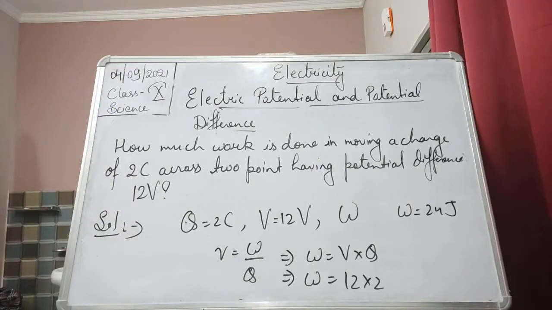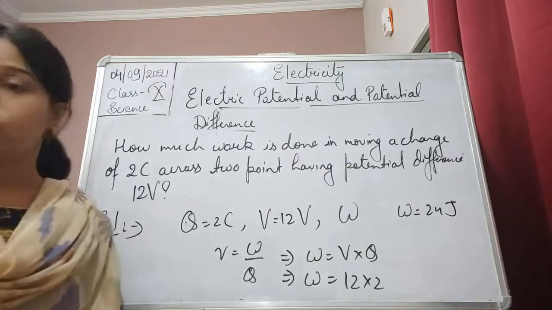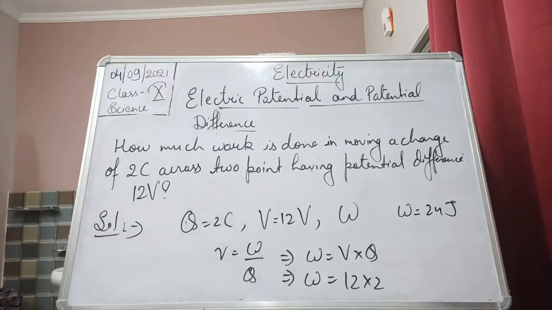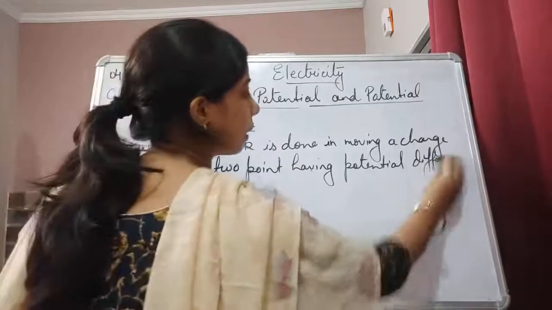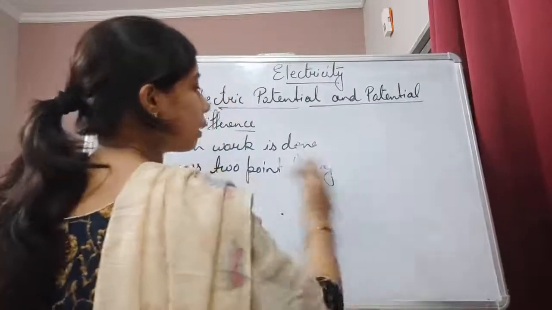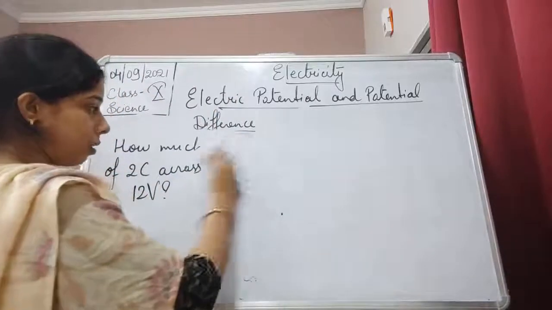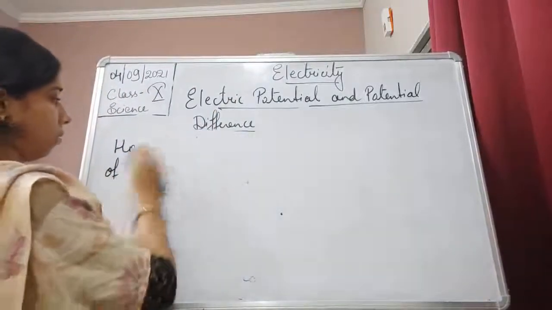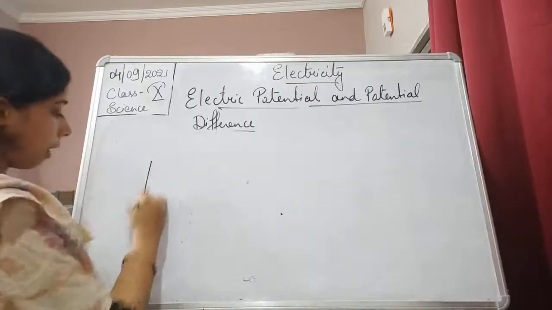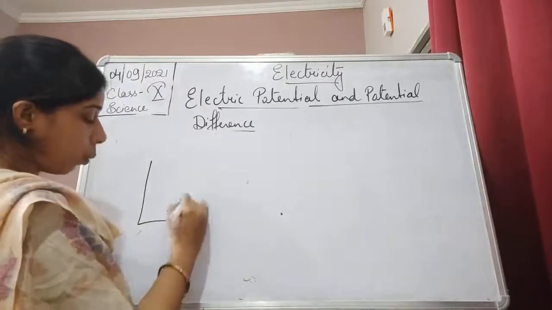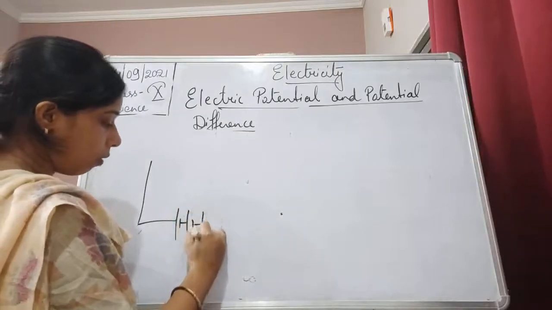Now, to make a circuit diagram, students, there are a lot of symbols we can use to represent the electrical components. Whenever we make a circuit diagram, there are a lot of things we include in it. Suppose we make a circuit diagram, so we add the cell, and we can also add a battery here.